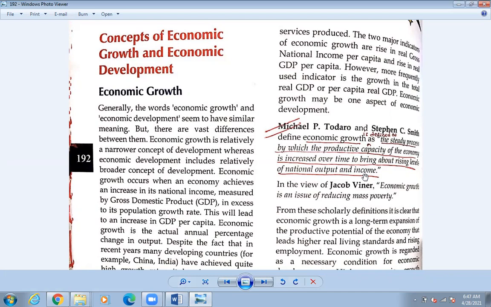Okay, so before 10, 20, 25 years, Dubai was nothing. Dubai was a poor country. China was also a poor country. Around 30 to 40 years before, Japan was very poor. Japan was almost nothing. It was a very poor country. China was also a very poor country, 15-20 years before.